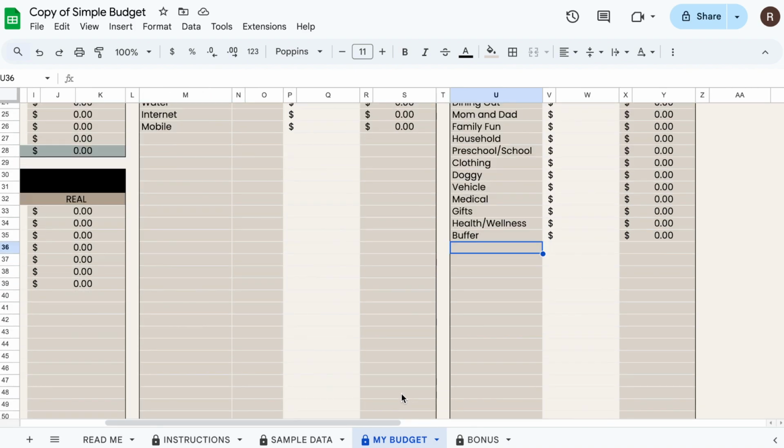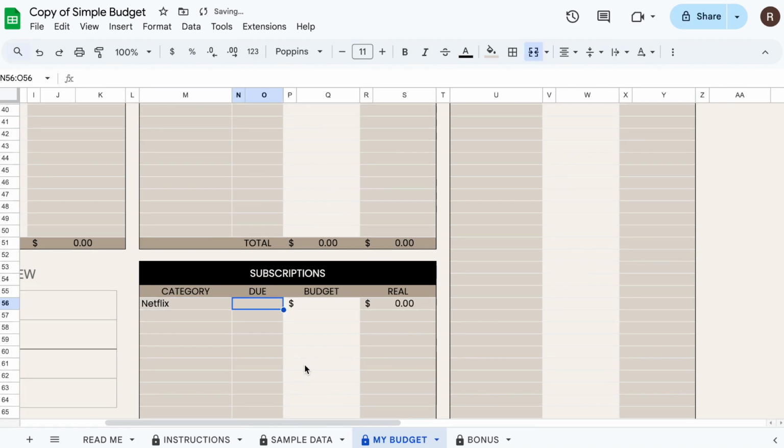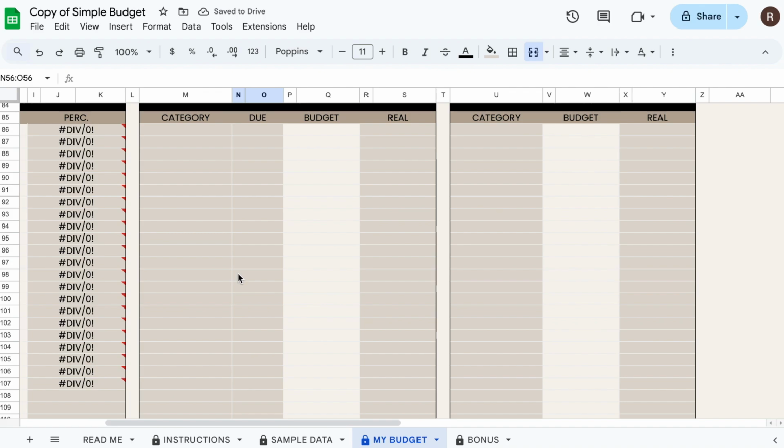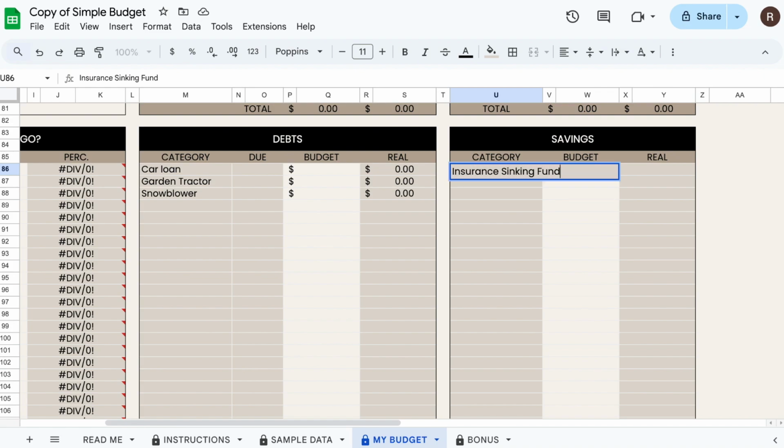Okay, the next section we need to fill out is the subscriptions. I'm going to put Netflix. The next section is debts. Let's say you have a car loan, or you financed a garden tractor or a snow blower. Okay. And then in savings, this is where I like to list off insurance sinking fund,